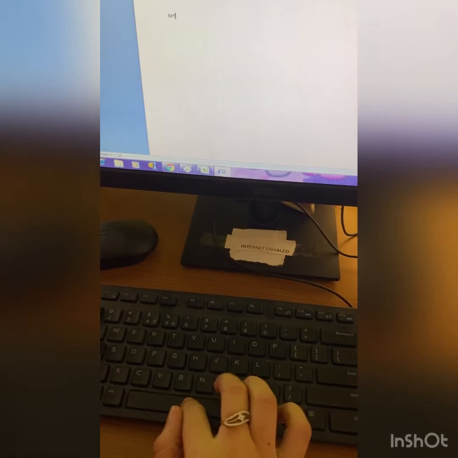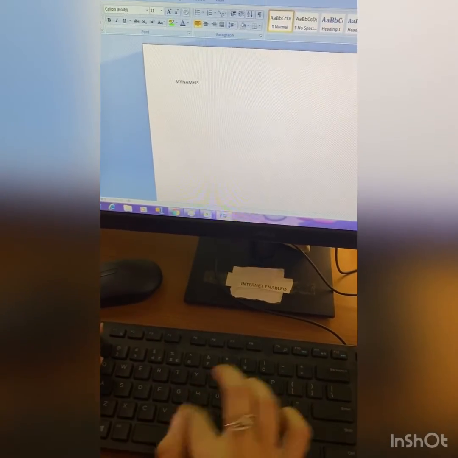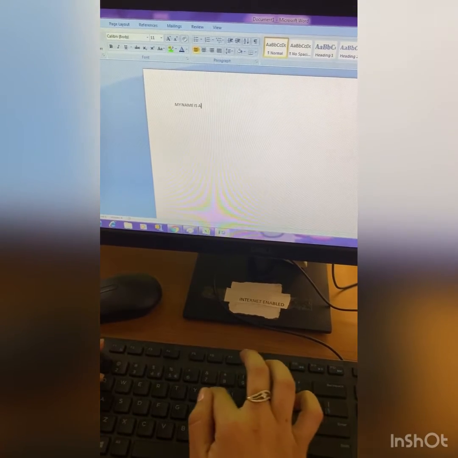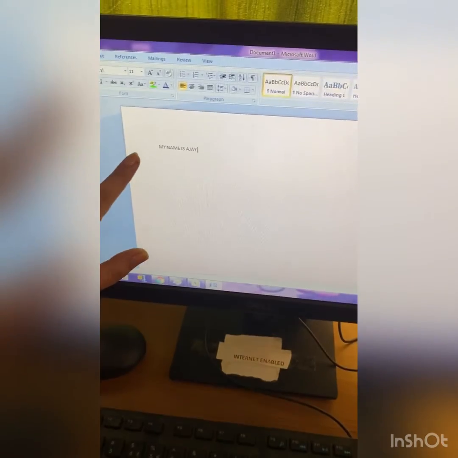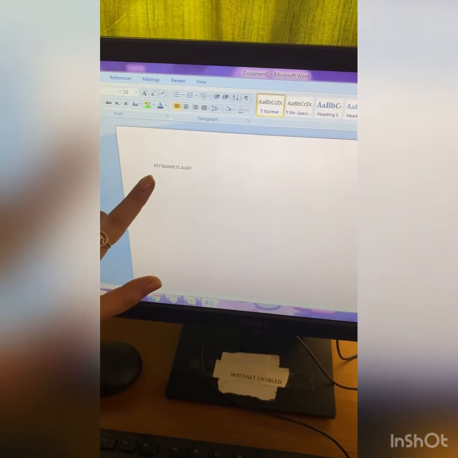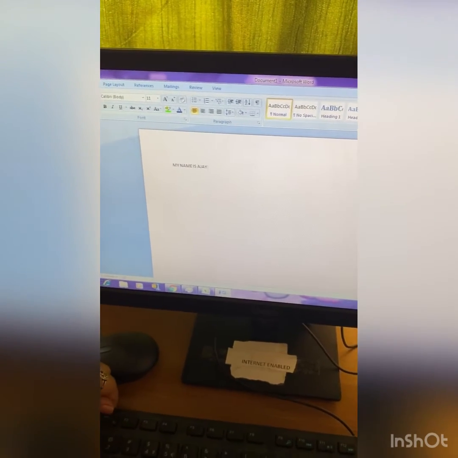My name is Ajay. So you can write letters, numbers, words and sentences with these alphabet keys. Okay? So these are called alphabet keys.